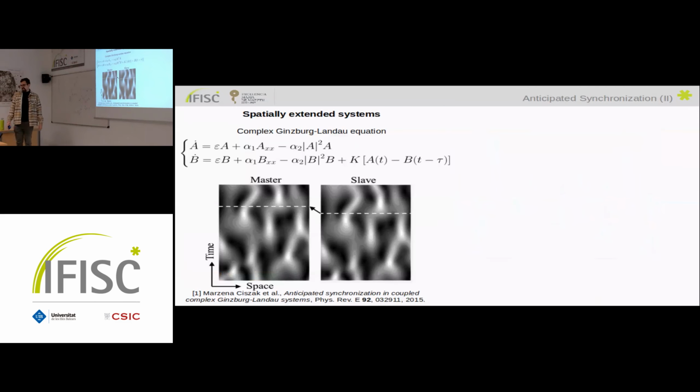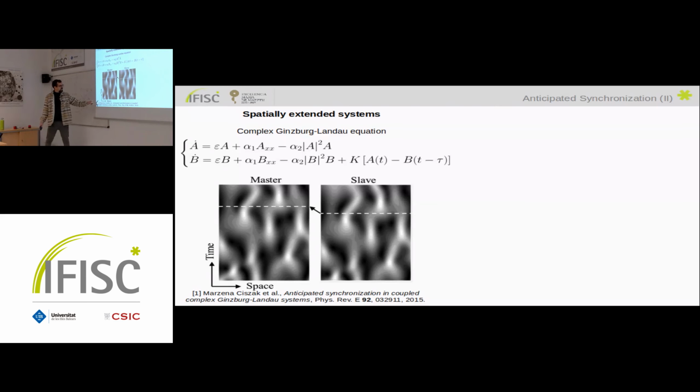Okay, so I mean, this has already been studied. The original paper that originated all of this was in the early 2000s. But then after that, it has been applied to some different systems. So for instance, it has also been applied to spatially extended systems. In this paper over here, they apply it to the complex Ginzburg-Landau equation in just one dimension. And as you can see here, well, this is a complex equation for A and B. And as you see here, they are using the same configuration, the same setup as I have discussed before, just with a spatially extended system.